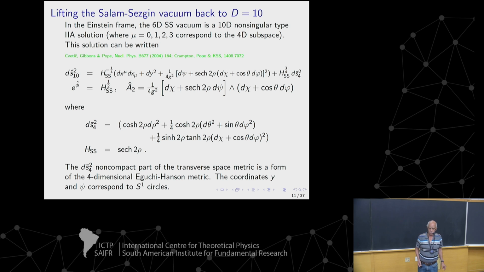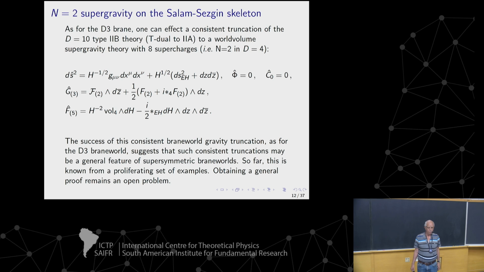So that's just nice because you see an old friend, but it actually turns out perhaps to be an important part of the story. So that's how you can lift it up to 10 dimensions. And, as I've said, there are unbroken supersymmetries, and in fact, you can then, if you make this type 1 reduction,